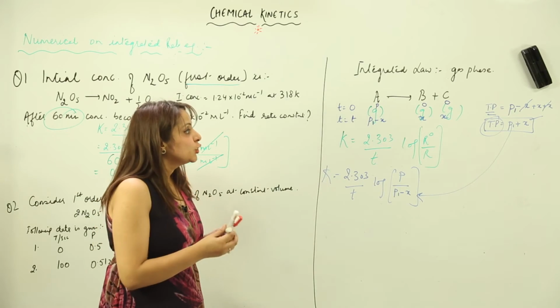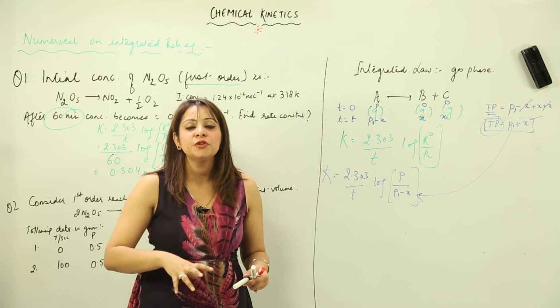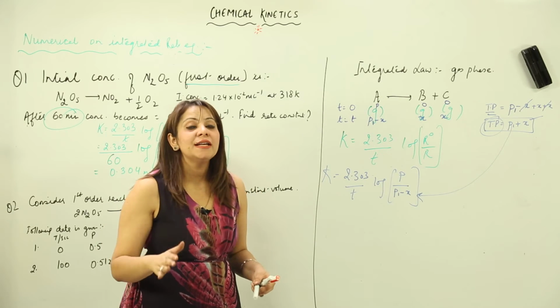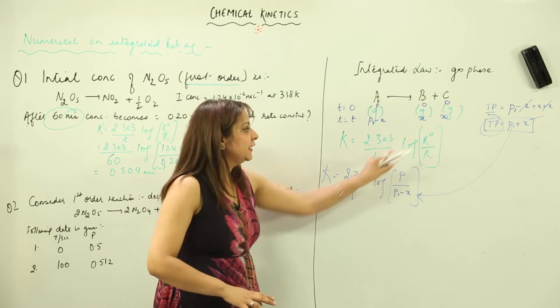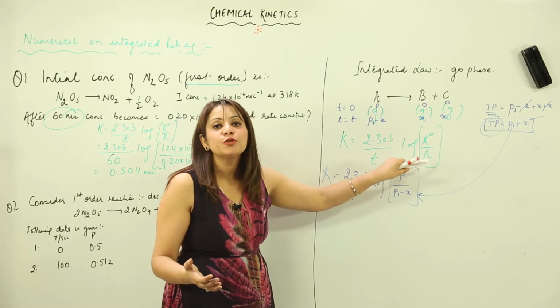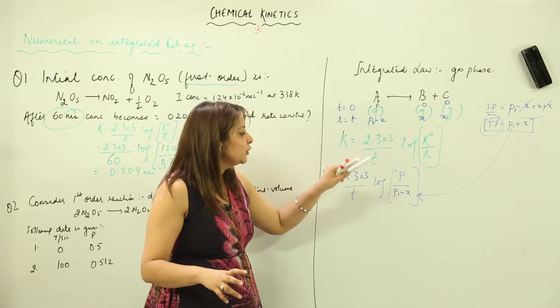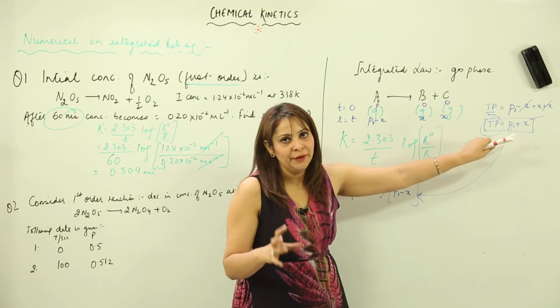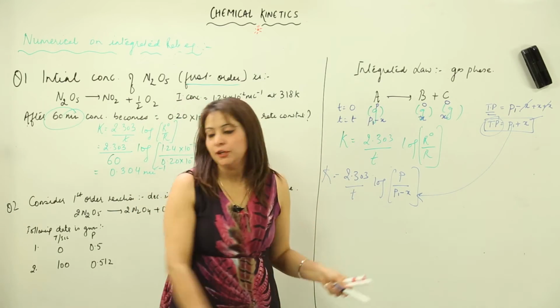So just keep in mind, when you need to express the integrated rate expression for a gaseous phase, you need to write it in partial pressures. The initial term is the initial partial pressure and the other is the final pressure, where you subtract the moles, and you can know the value of x if you know the total pressure. Now I am going to apply this equation in a numerical.